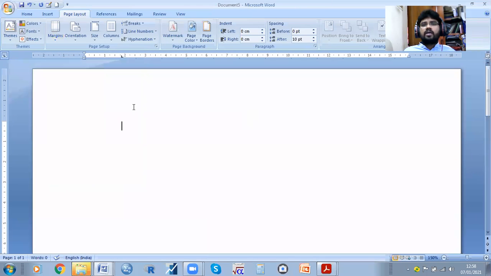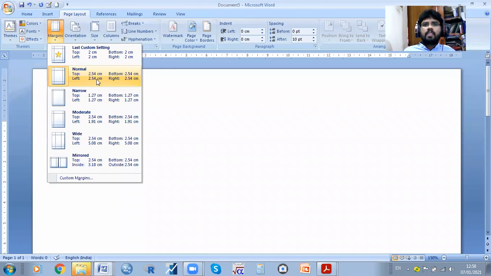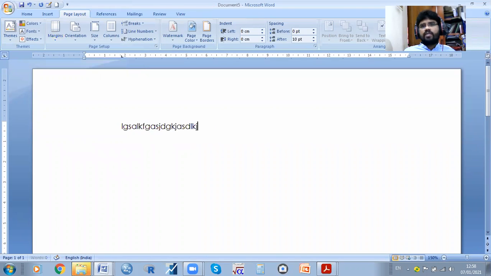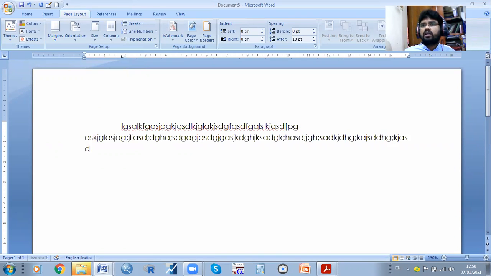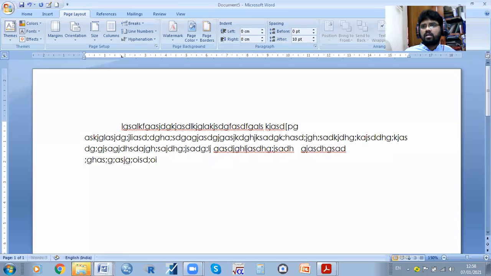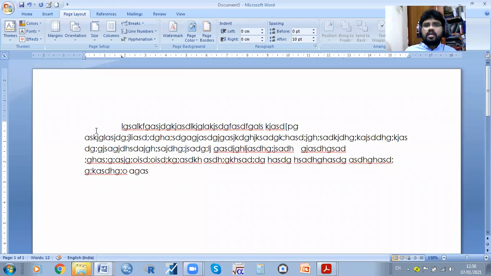So that is a margin. For example, if you take this left-hand margin, from year to year only the typed text will be accepted. See here, this is a margin. For example, whatever the mark is there, this is the margin: left indent and right indent.